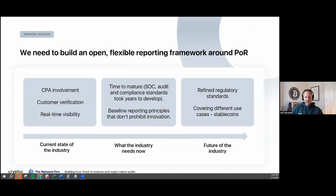How do we get to a more mature industry with where we are here? Yeah, as we've mentioned, it's scattered right now. I think there's probably marked confusion within the users in the market on the trade-offs between all these different types of solutions that we've discussed, and how frequent they should be, whether they should be accompanied by other attestation products. And so I think most critically, we need standards, but those standards need to protect the innovation that crypto